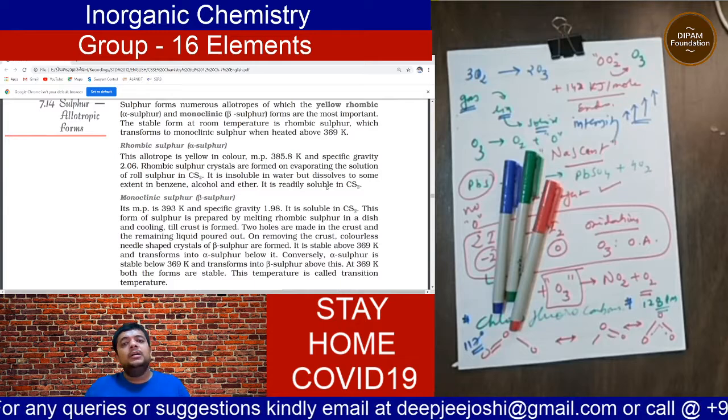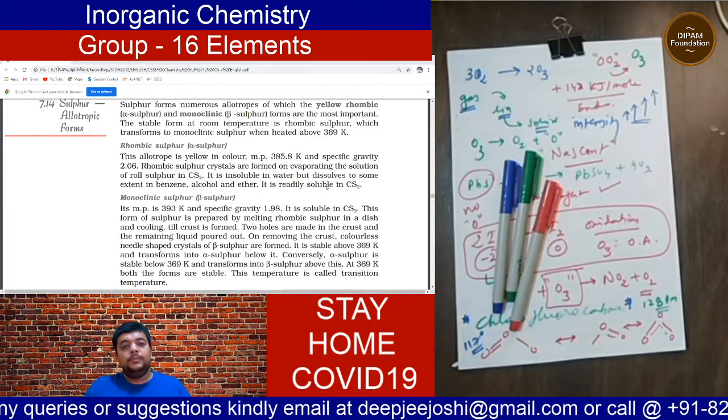When ozone reacts with excess of potassium iodide solution buffered with borate buffer, iodine is liberated. On the left, you are having I minus. On the right, you are having I2. Over here, it was minus 1 oxidation state. Over here, it is 0. So you are taking an oxidation reaction. So ozone over here also acts as an oxidizing agent. This explanation is for the second reaction given over there. So this is how we calculate or we prove that ozone is an oxidizing agent. And this reaction helps in calculating quantitatively